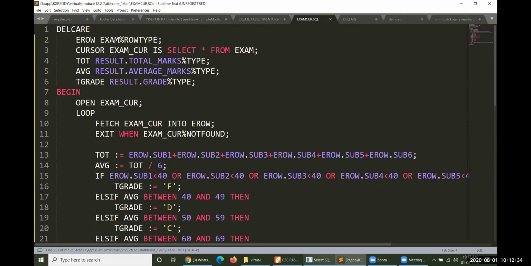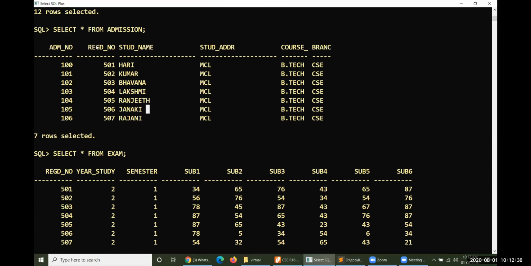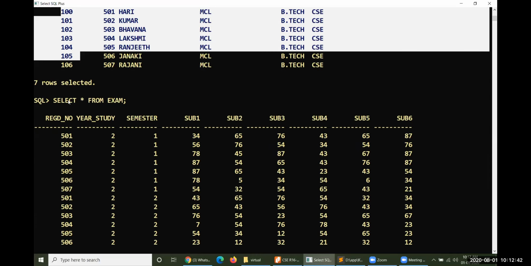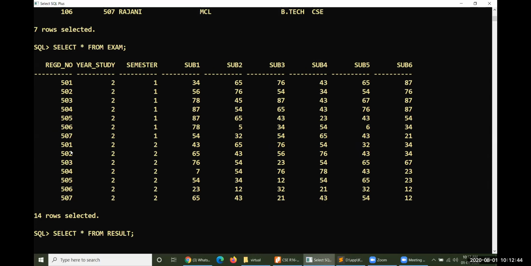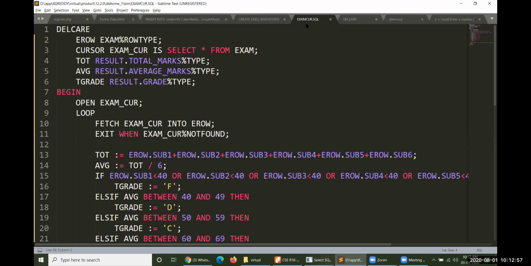Then let me go ahead and execute this one. Before executing, let us examine. Admission has 7 people, and examination has a total of 14 rows, 2-1 and 2-2 information for these 7 people. Result doesn't have anything here. My program name is EXAMCUR, exam cursor.